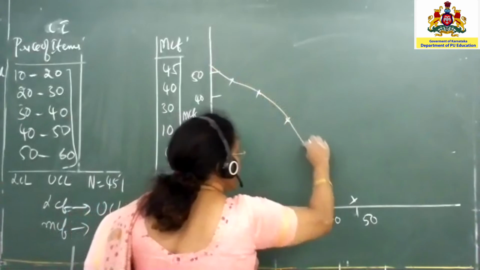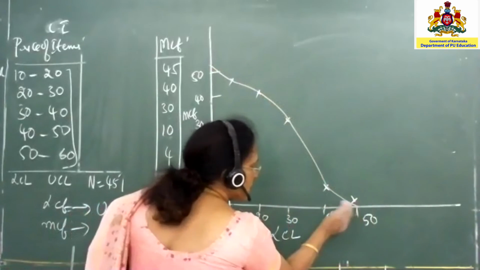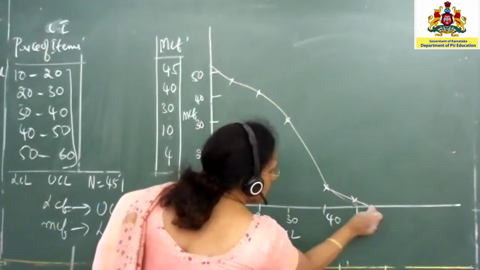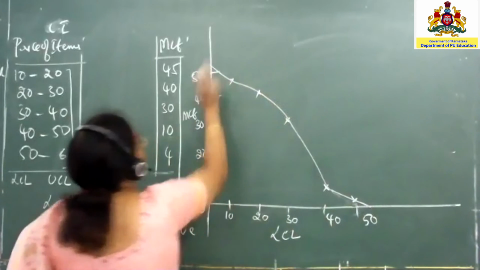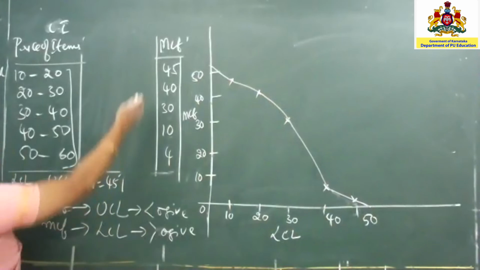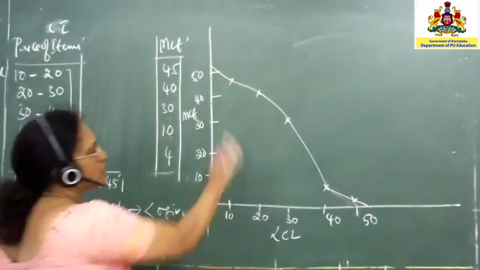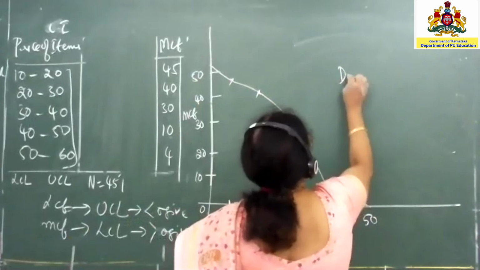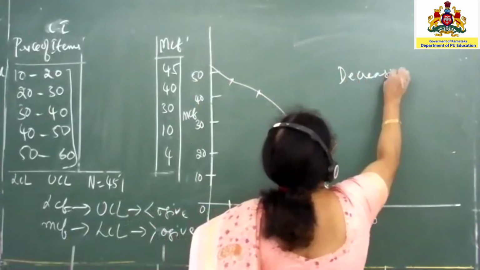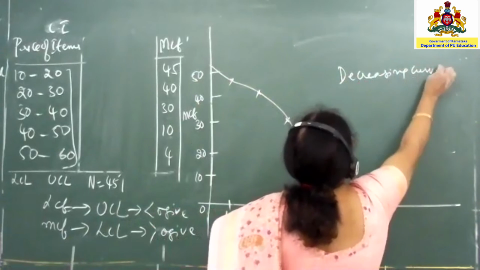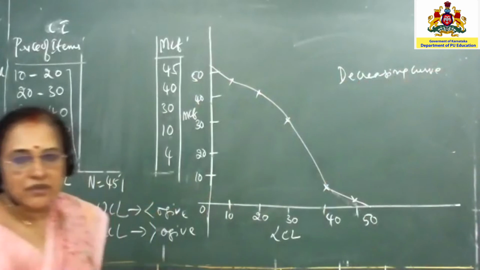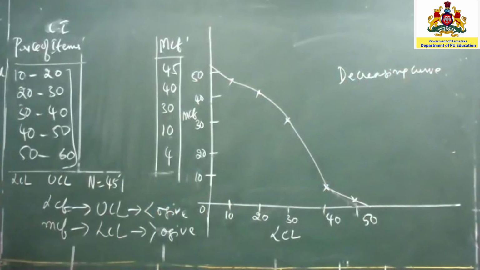So the way you have joined the x-axis, now you have to join to the y-axis also. So like you have MCF is the maximum, to the least value decreases. So this is also a decreasing curve. Okay. I hope you have understood.